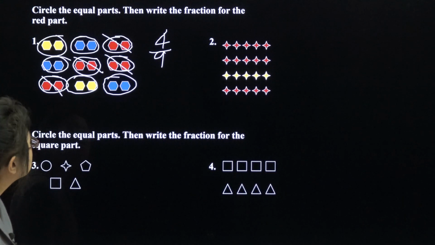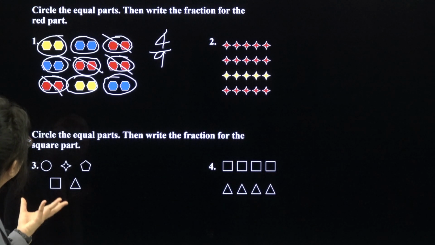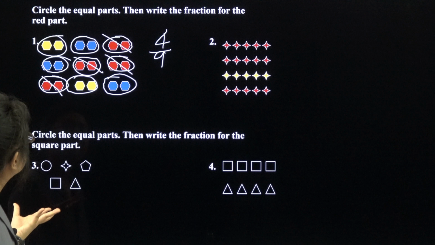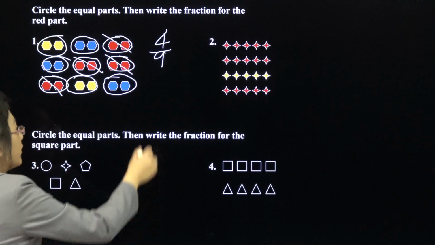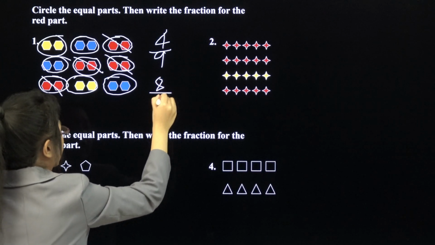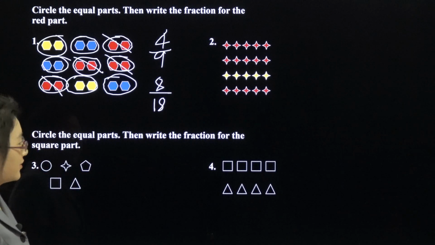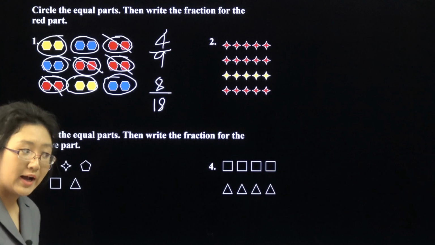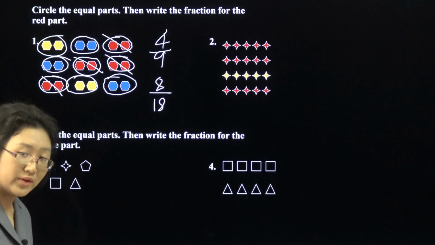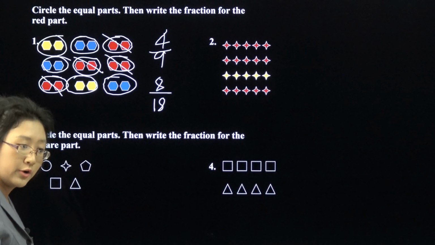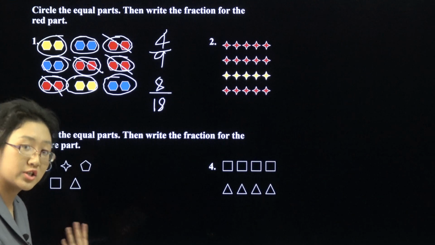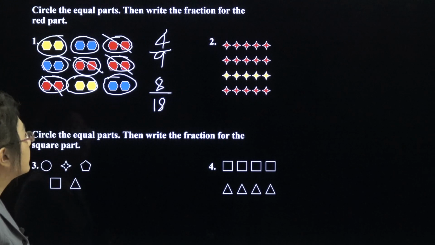is red for this diagram. You may have also realized that this is also 8 over 18. 4 over 9 is equal to 8 over 18. Again, you will be learning more about equivalent fractions after you learn your times tables or multiplication tables properly in